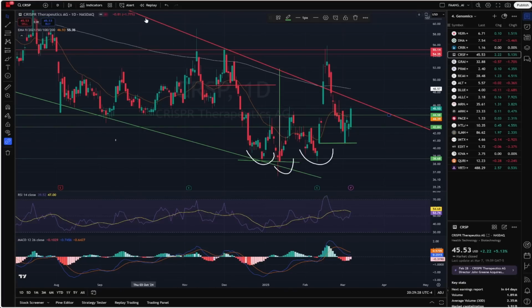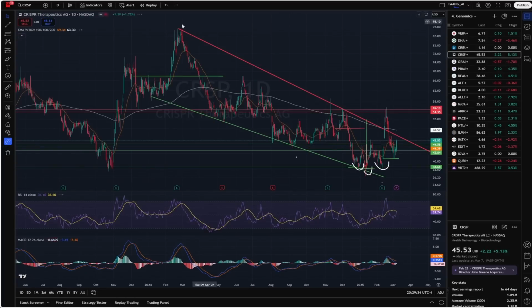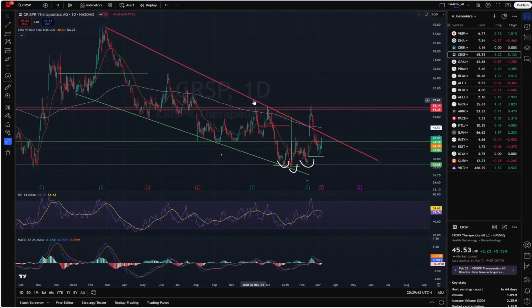Unfortunately for us, we have this diagonal line of resistance coming to us from quite a while back. I'm just going to recalibrate this chart to show you that it's coming to us all the way from 23rd of February 2024, so more than a year ago. And it has been tested in many places and it has pushed the price down. So the question now is, is CRISPR Therapeutics going to be able to break the diagonal line of resistance? I am thinking it is inevitable that it's going to break the diagonal line of resistance, but how soon is